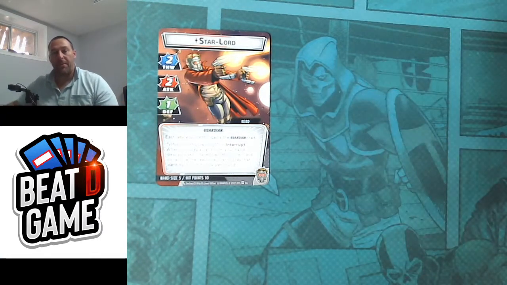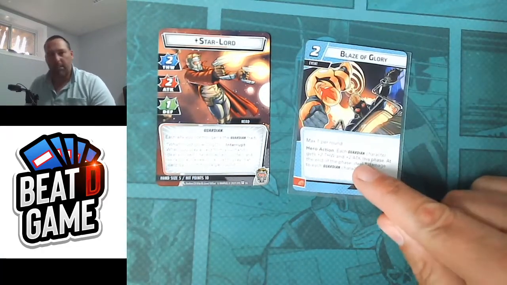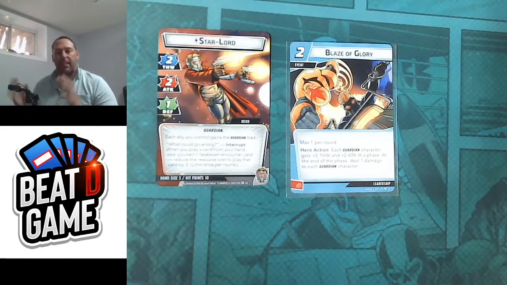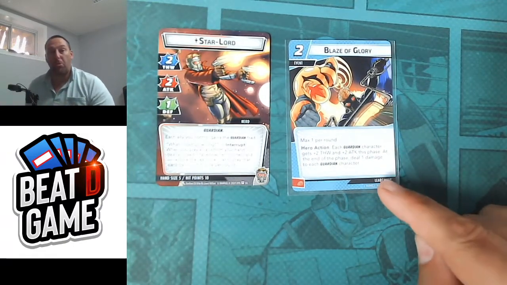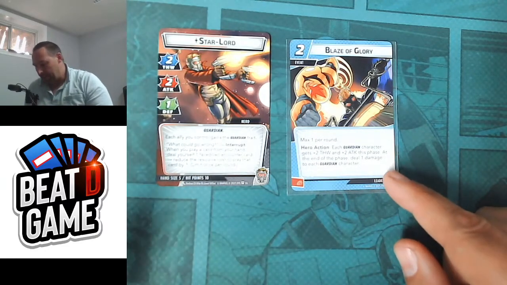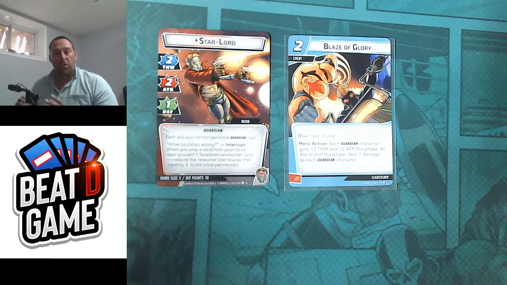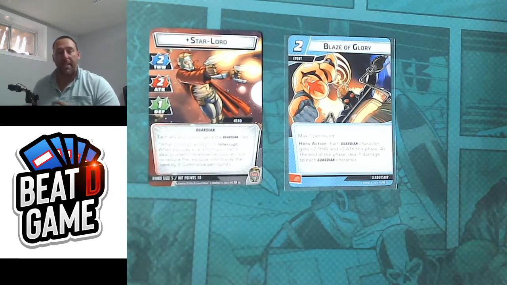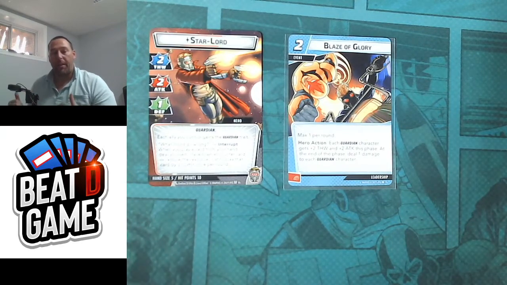All right, so now this is I think one of the best cards in his deck. It's called the Blaze of Glory. Now this is super solid. This is a 2-cost event, max once per round, and there's a reason for that. And hero action, each Guardian character gets +2 thwart and +2 attack this phase. Now what's cool about that is because Star-Lord gives everyone the Guardian trait, all of your allies get +2/+2,